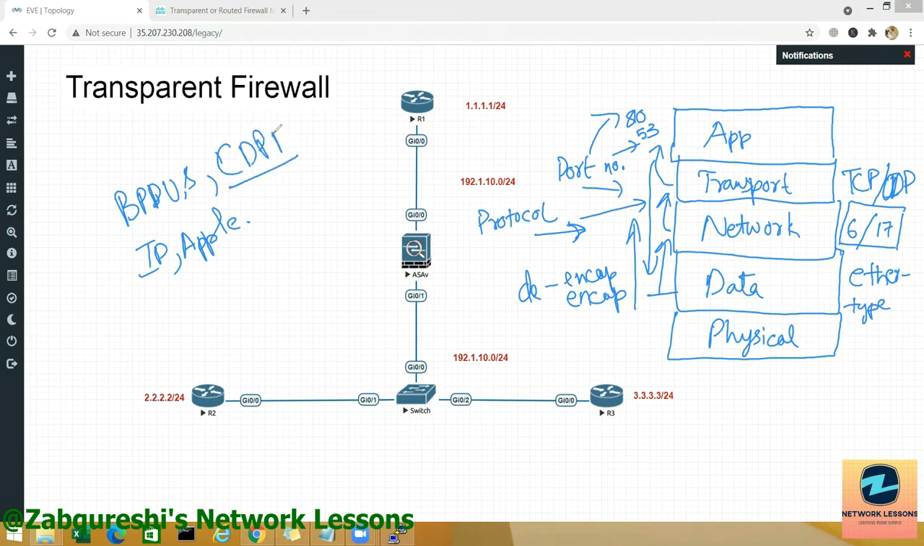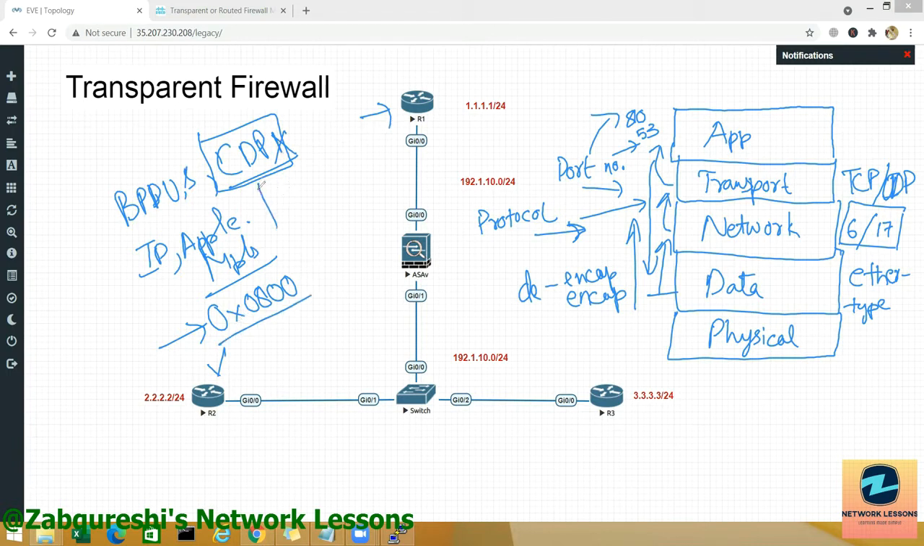CDP is blocked. So we will just allow CDP using the EtherType ACL, and we'll check on R1 and R2. Likewise, you can allow MPLS, and by default IP, which is 0x0800, is allowed. For your information, you must have seen yesterday that we were able to communicate between R1 and R2 using IP. So that is allowed by default. So we will see how we can use EtherType to allow CDP, and that's how we will confirm that